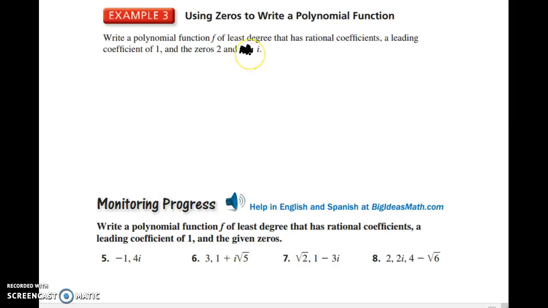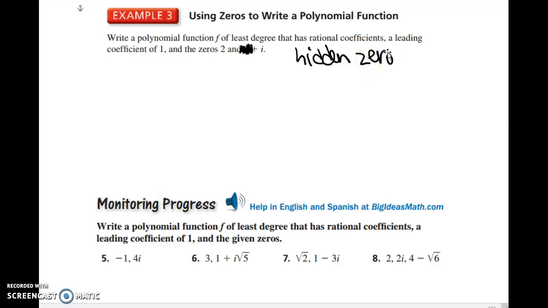So remember, yesterday we talked about if you have the square root of 5, there's always a hidden 0, and it's negative square root of 5. So if we have i, there's always a hidden 0, and that hidden 0 is negative i. Okay? So if we want to solve this,